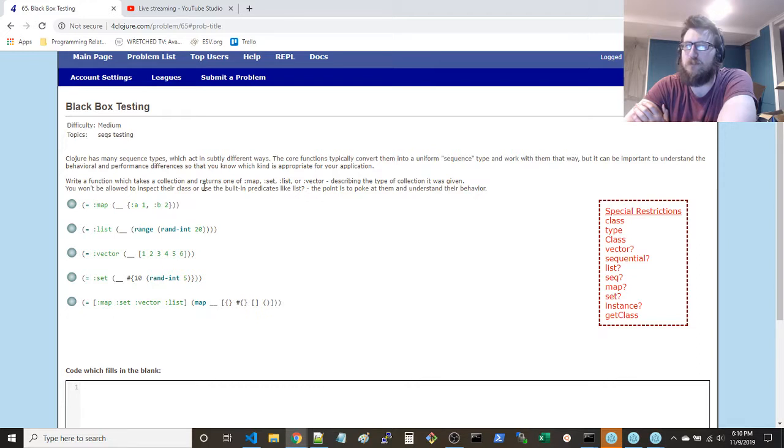The point is to poke at them and understand their behavior. Alright, fair enough. How do we solve this then? How do we do this? Describing the type of collection it was given.